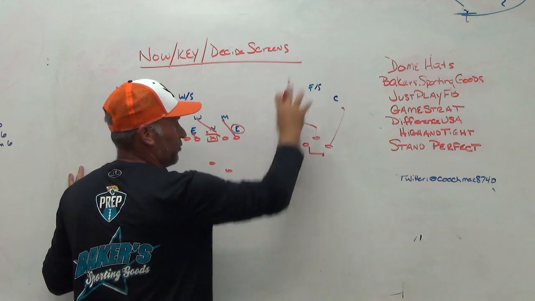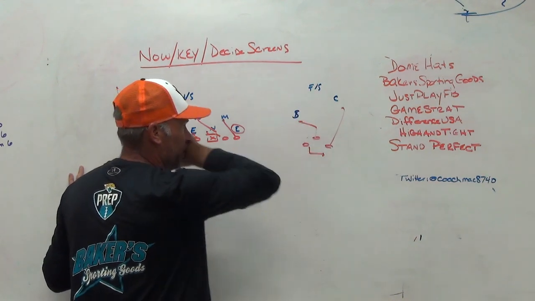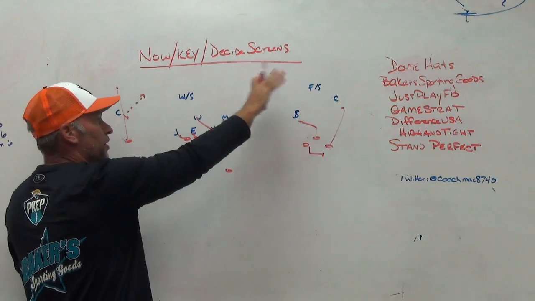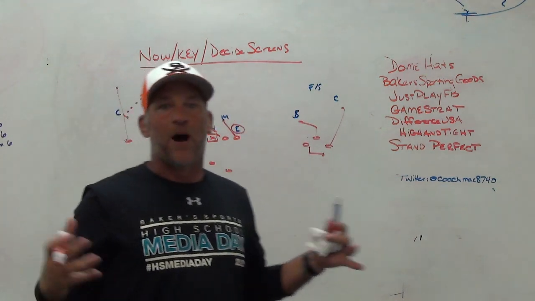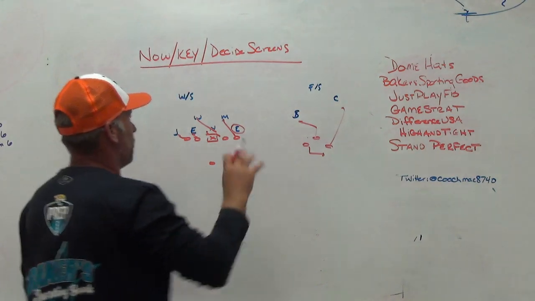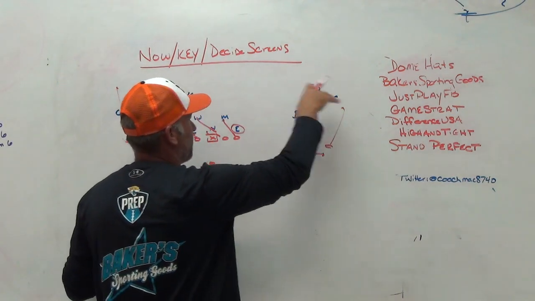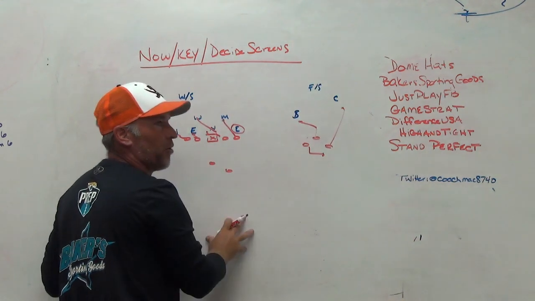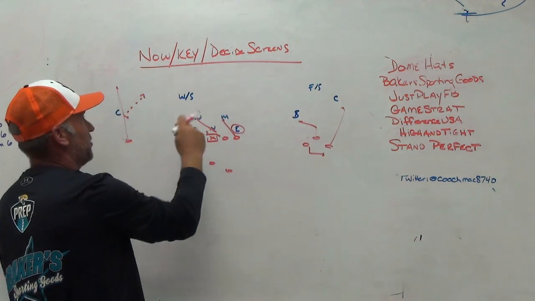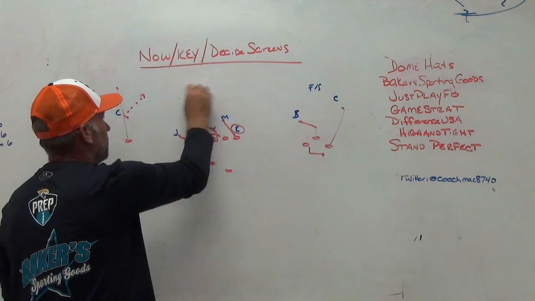What's the leverage out there? Do you like it? What are the numbers out there? Do you like it? Okay. You don't like that because of the leverage of the numbers. Well, then hopefully we have a box that we like. So now that you don't like the decide screen because of leverage, numbers, angles, whatever it may be, hopefully you like the box count within the run game. If you don't like the box count within the run game for whatever reason,